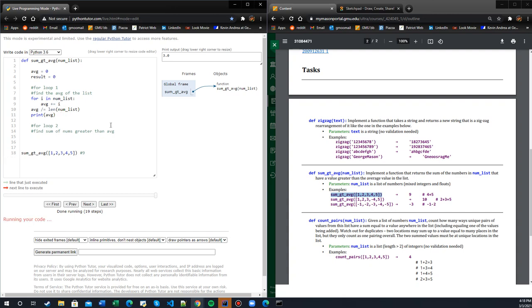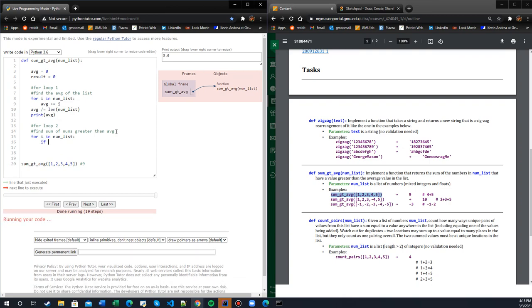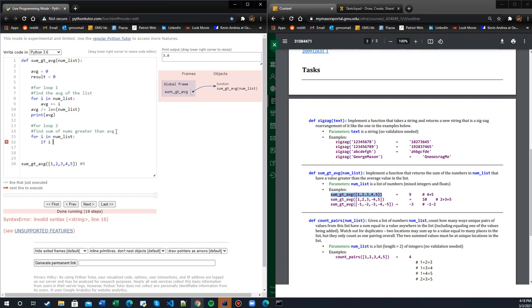I have now created code to find the average up here. Let us iterate through it again. So let's say for i in the list, I need to check something. I need to check if the value of i is greater than, right? Not greater than or equal to. We saw that in the example. It has to be greater than. If it's greater than the average,